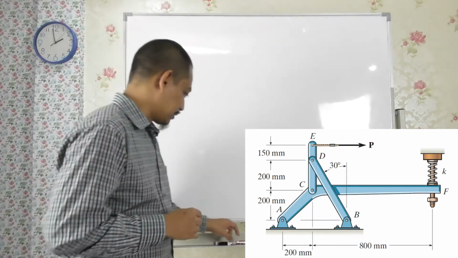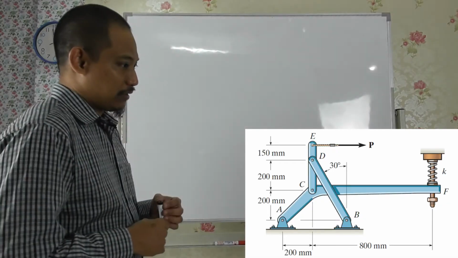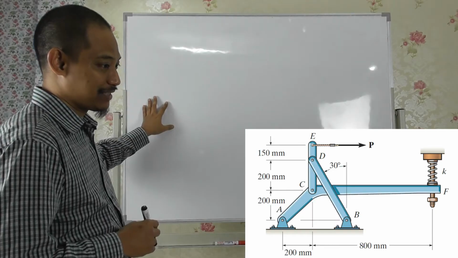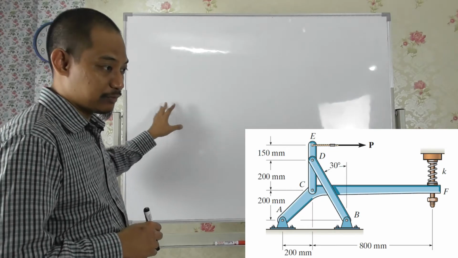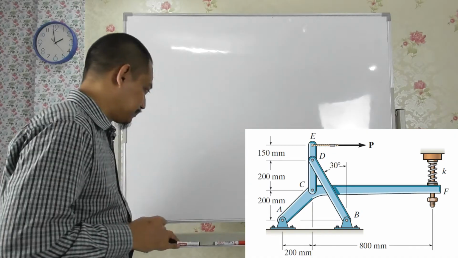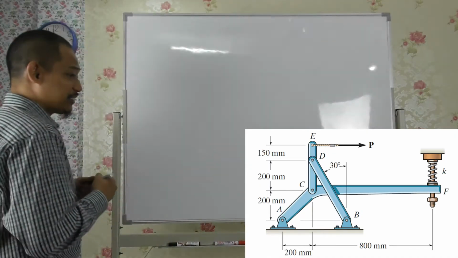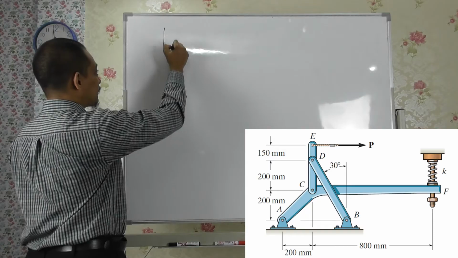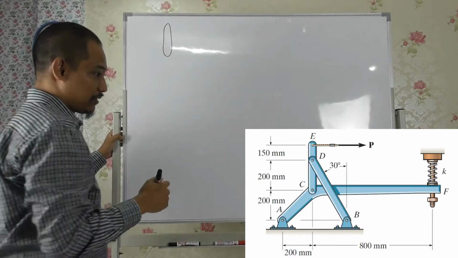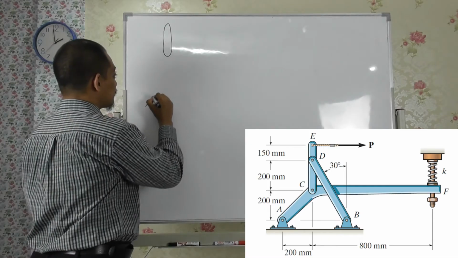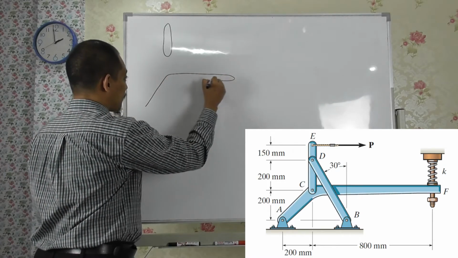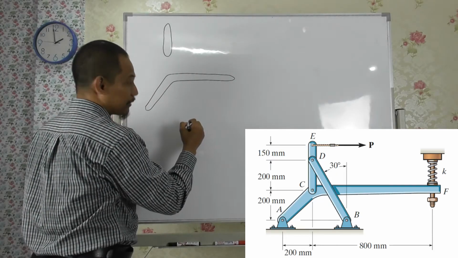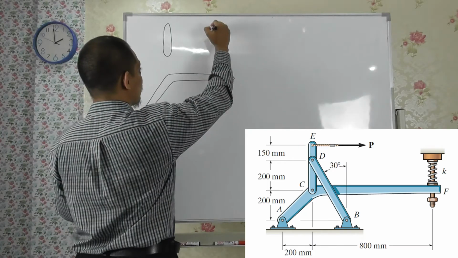So we will draw this. After we draw the free body diagram, we have to calculate, so maybe I'll draw the free body diagram here and then calculate there. We will see. Okay, so basically you have 3 members. On the top there you have something like this, the beam there, and then you have this thing here, something like this. And then the other member there. Where should I draw it? Okay, I'll draw it here,